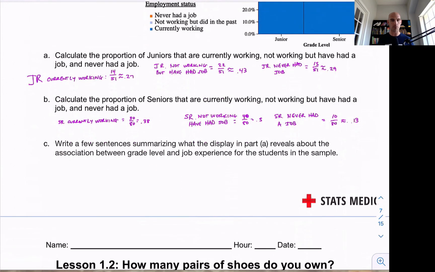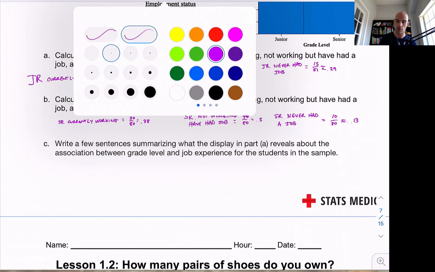So what should you put down here for Part C? You need to comment on some things like this. There is an association between employment status. If there wasn't, they would be all equal. So there is